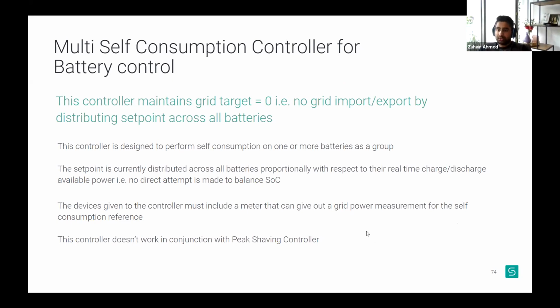It also needs a reference, which would be the grid meter, same as before. Once the devices are configured, the user needs to make sure the grid meter is added. One thing I should add here is this controller won't work in conjunction with the peak shaving controller, and the reason is there is already a multi self-consumption mode in that controller. So a user can either make use of that as a mode